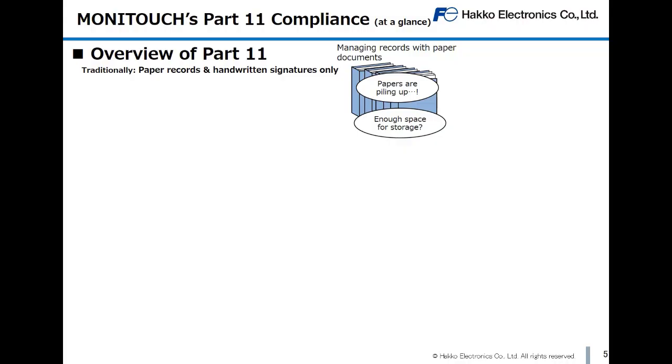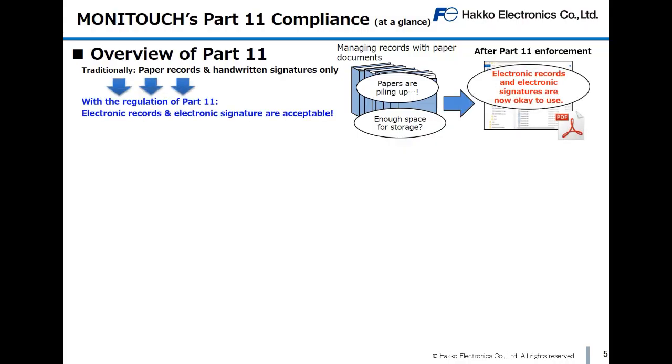Traditionally, the U.S. food and pharmaceutical industries maintained paper documentation and handwritten signatures for the new product applications or for national inspections and audits. But by operating in accordance with the regulations of Part 11, applications can now be made by electronic records and electronic signatures. A key objective of the regulation was ultimately to allow manufacturers to shift to virtualized systems rather than maintaining paper-based